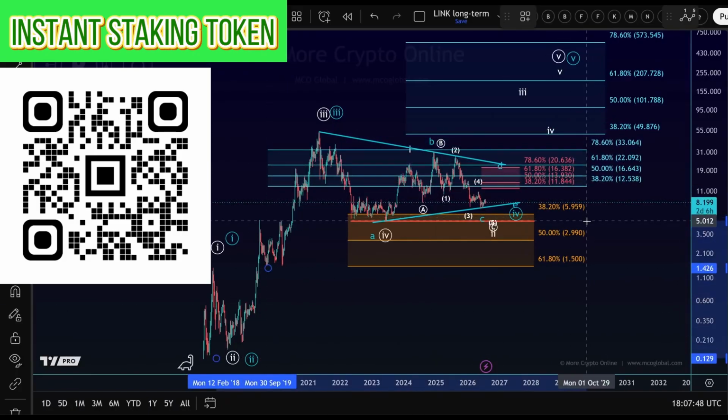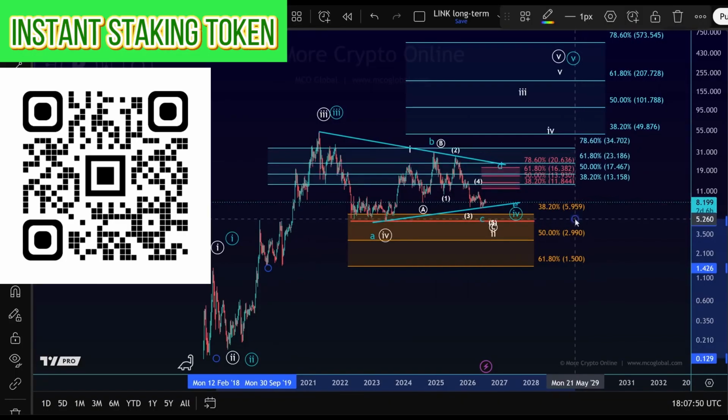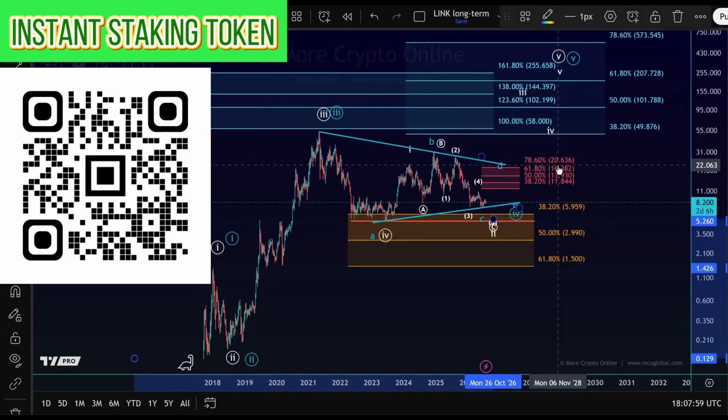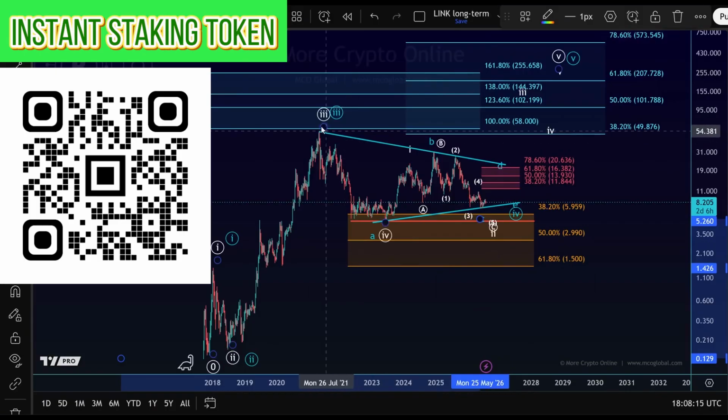And we say that very often a fifth wave is at least as long as wave 1. This would take us to $58, the 100% extension, but it can easily be longer, all the way up to the 161.8 extension. That would not be a surprise. So here we also talk about 255. So it's this corridor up there, and I think the $58 level, the 100% extension, is too close to the third wave high. So more realistic, probably something around $100 plus.